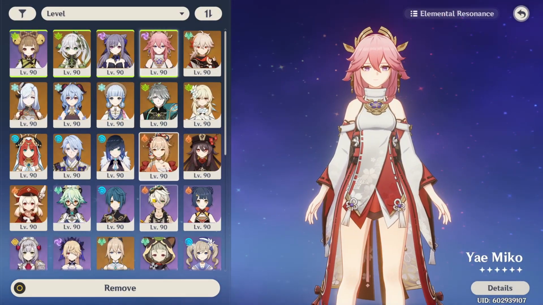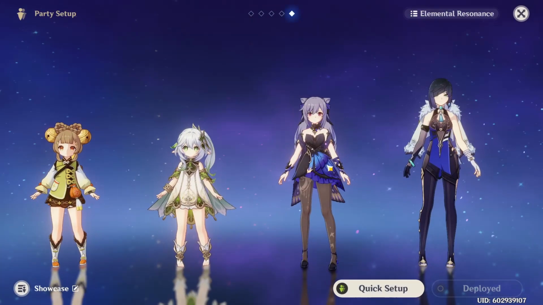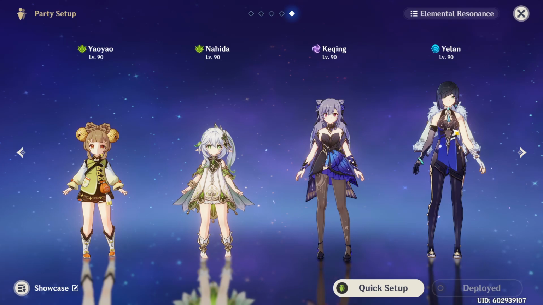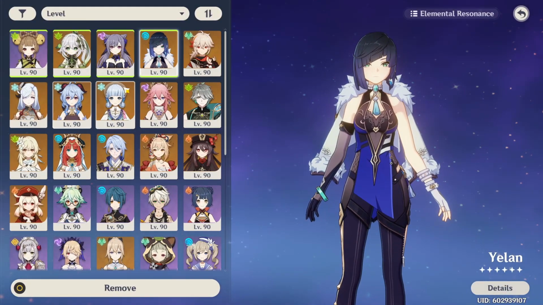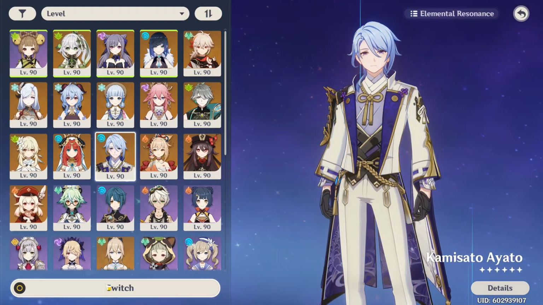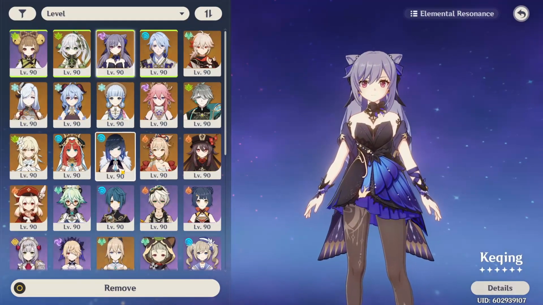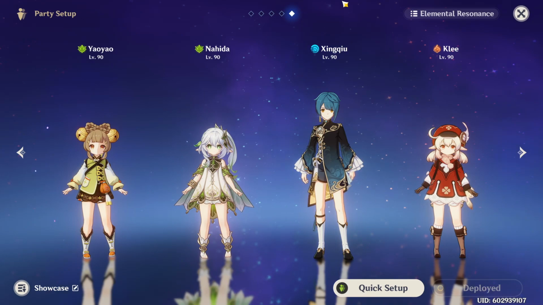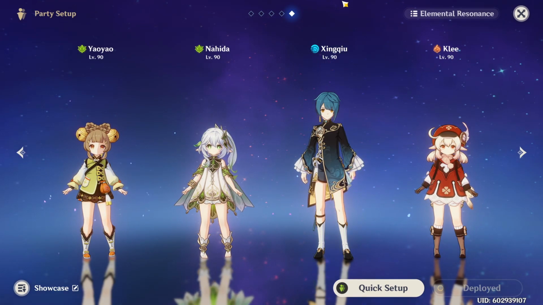And you can also switch out one Electro character for a Hydro character and you just turned it around into a Hyperbloom team. Of course, you can also pick a main DPS. For example, here we have Ayato and we just switch out Keqing again for, I don't know, Yae, for example. And there are some other options for Dendro reactions, a little bit more niche I imagine, and the first one